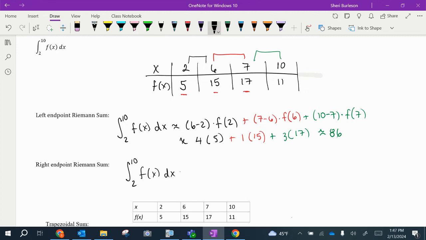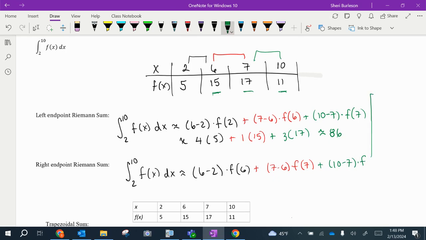For the right-hand endpoint Riemann sum, same notation, the integral from 2 to 10 of f of x dx. I am going to do my same interval, my same delta x, but now I'm multiplying by f of 6 because I want the right hand. Those are now going to be the 15, 17, and 11 for 6, 7, and 10. And then I will have, again, plus 7 minus 6, but then I'm going to multiply by f of 7. And the last interval, still 10 minus 7, but now I'm multiplying by f of